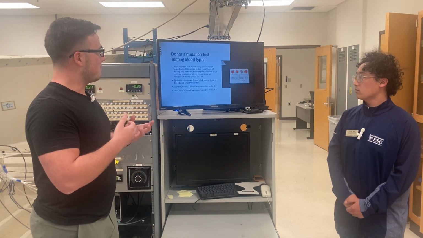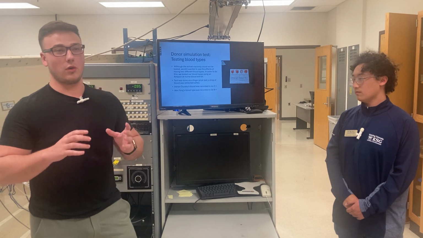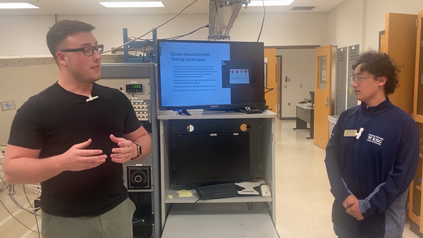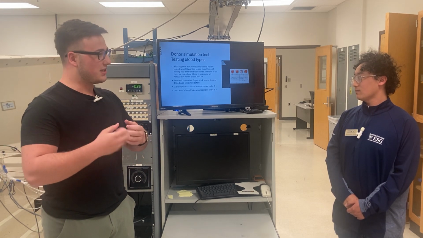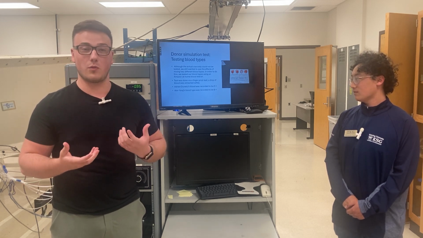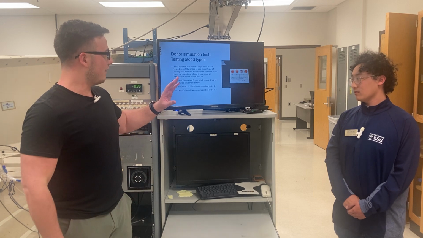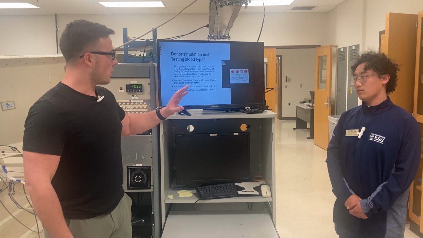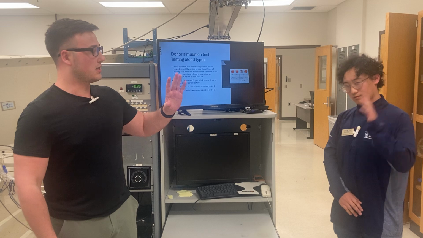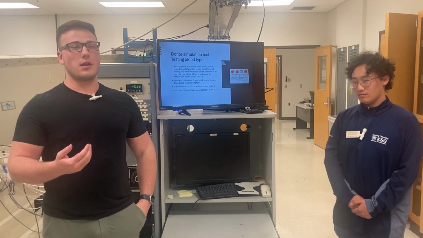Now, getting to our first parameter that we tested. This was basically a scoping idea to see if blood would work, which told us that it wouldn't work. But we did what we could. After we tested our blood types, we discovered that I'm O positive and he is B positive.